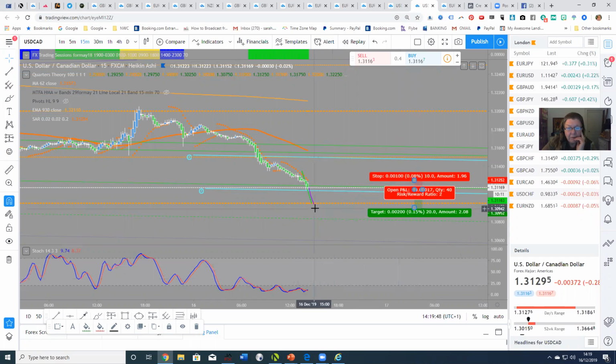So at the moment, it's just looking at my pitchfork and deciding what to do. It's still bottoming out. I'm thinking that rather than it just continue down, because of what we can see on the stochastic, it probably wants to reverse and go up. But I've set 2 alerts, one to see if it's going to go back up to this extension, and one to see if it's going to break and retest this pitchfork here before dropping down to quarter theory at 1.3100,